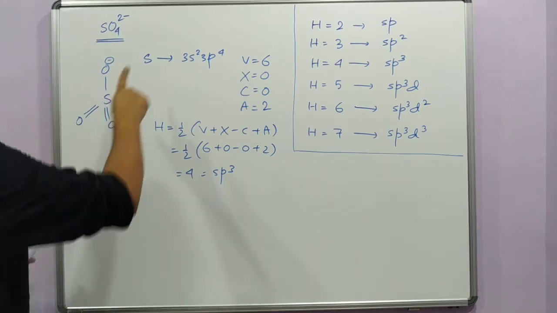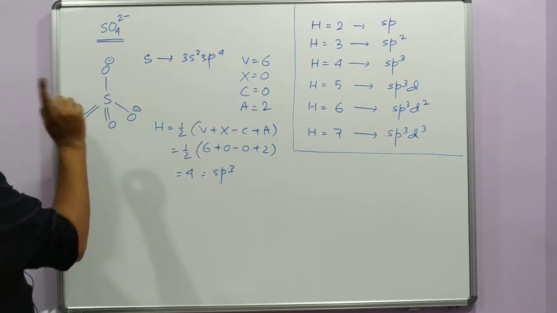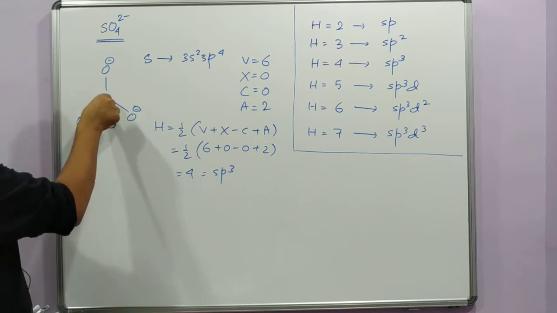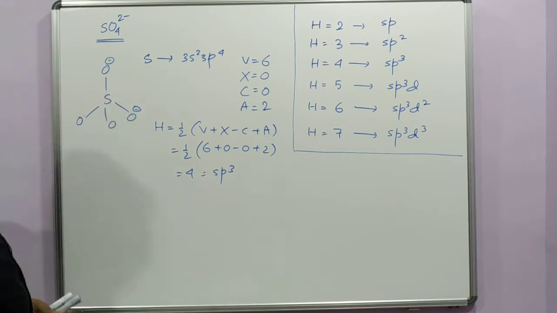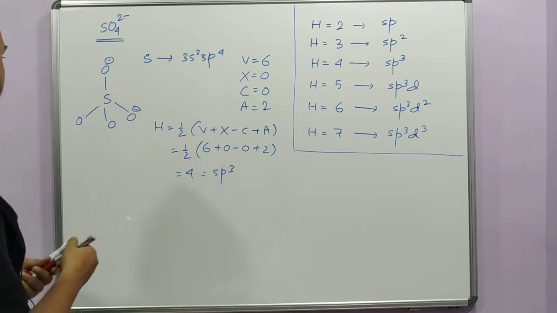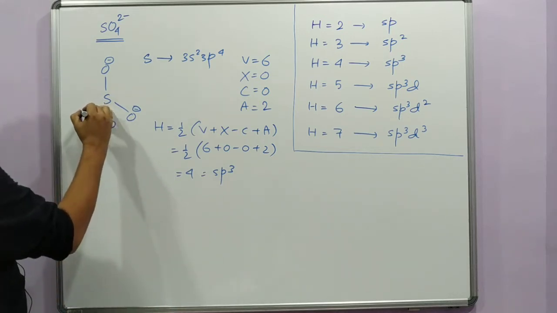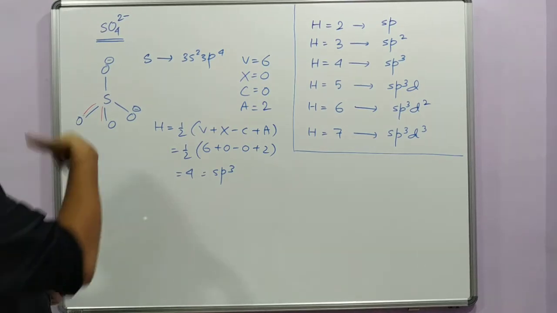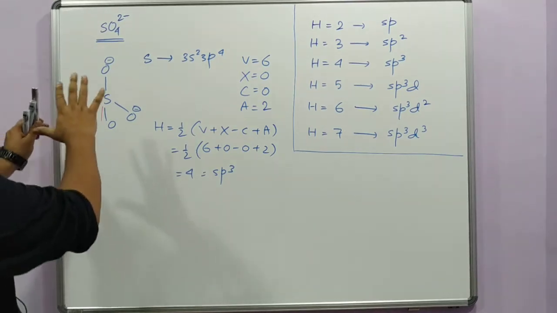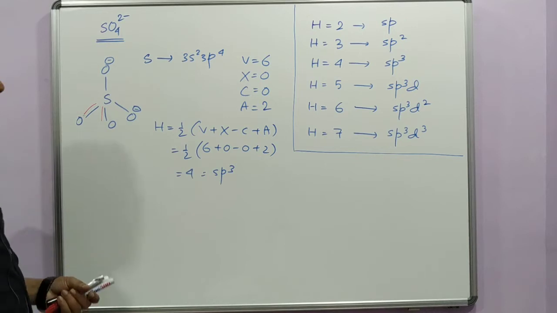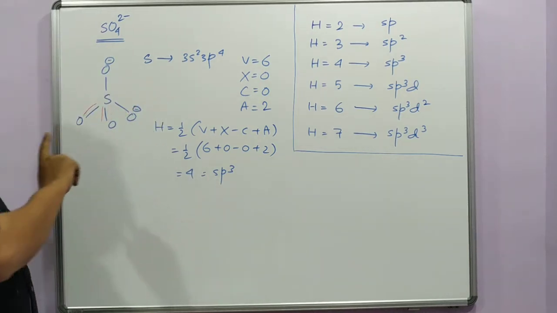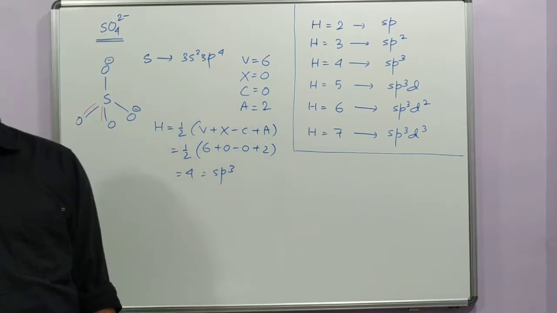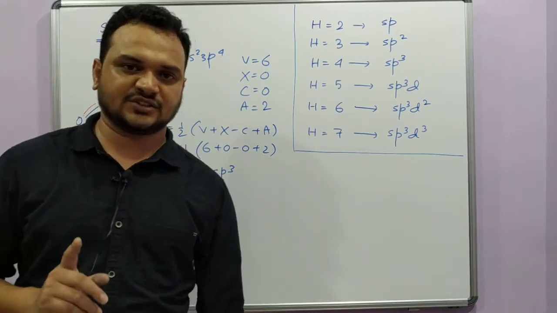However, from this formula we can calculate only the hybridization and only the sigma skeletal structure, but if you want to know the pi bonding, then you have to count the valence electrons, how to satisfy their octet, etc. Then you will get how the pi bonds are there, because hybridization never gives any information regarding the pi bonding. It gives only the sigma skeletal structure.